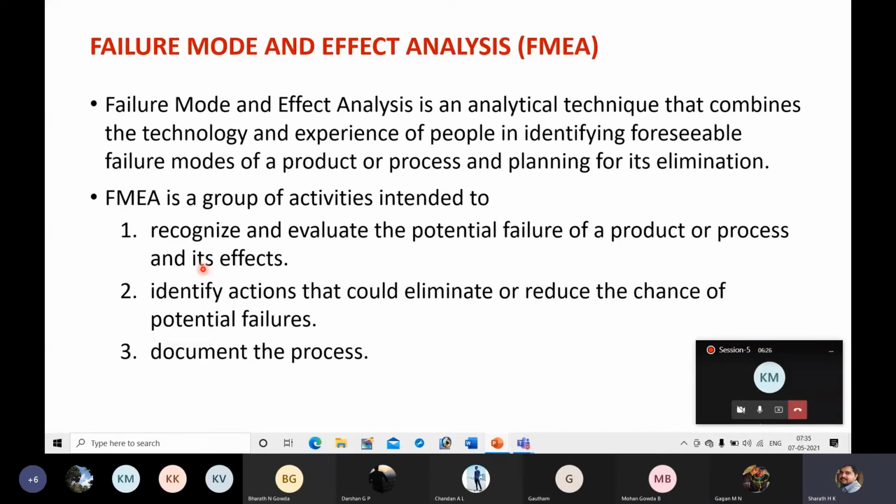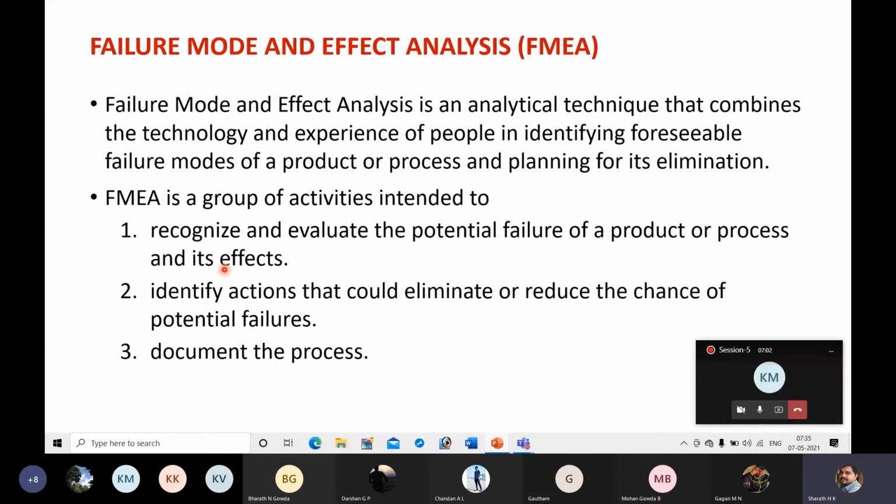So if it fails, what are its effects? How does it affect the customer? What is the response of the customer? The customer may be an internal customer and also an external customer. You are going to analyze failure even at the design stage. The design department of a company will hand over the design to the production department. At that time, production department people may reject the design. That is also a failure of the design department. So like that, it may be internal or external customers.